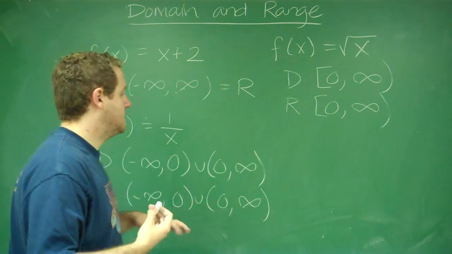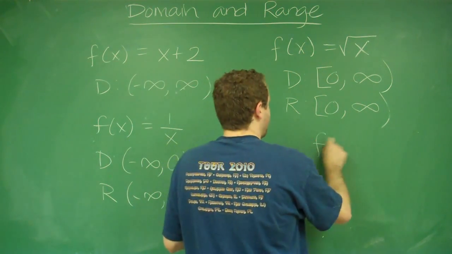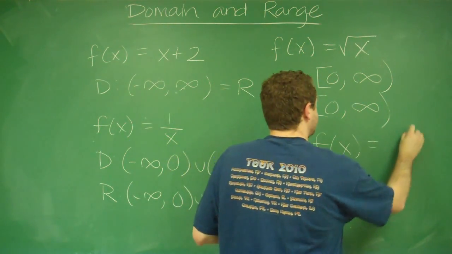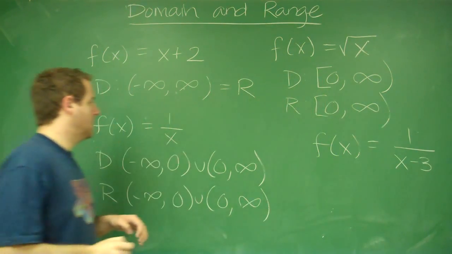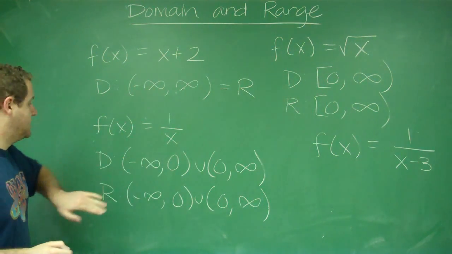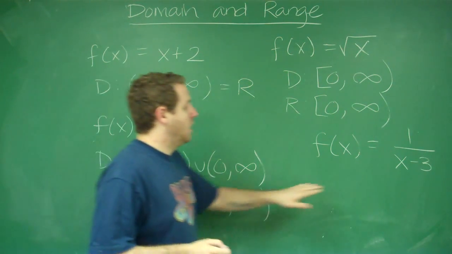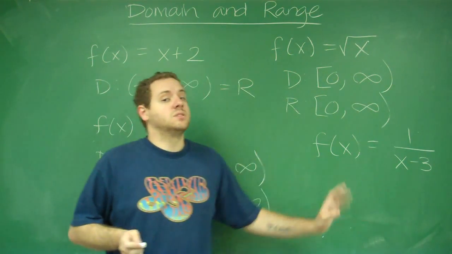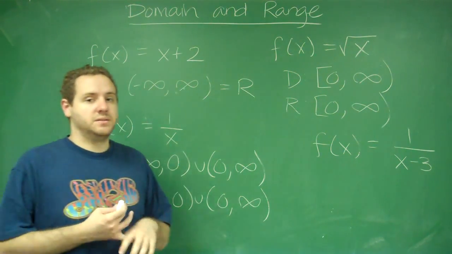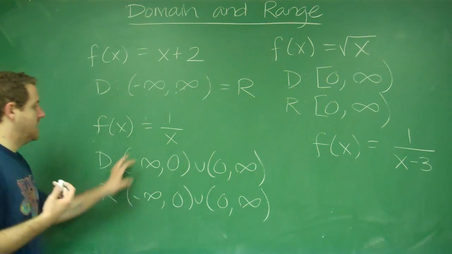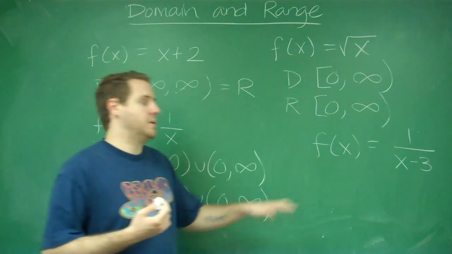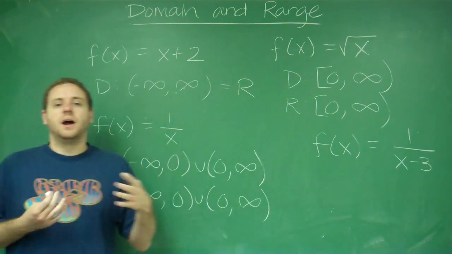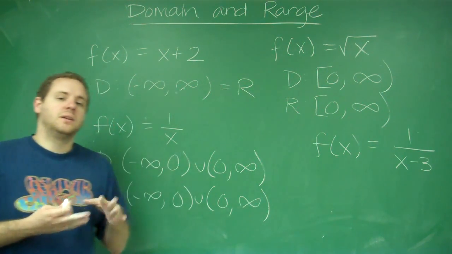For example, let's say we took f of x equals 1 over x minus 3. Pretty similar to this function, except now your domain is that you can't include x equals 3, because that would make the denominator 0. However, the range is the same as it was here. You can get any number out except 0 for y, because 1 over anything would not give you 0. So that's how you calculate the domain